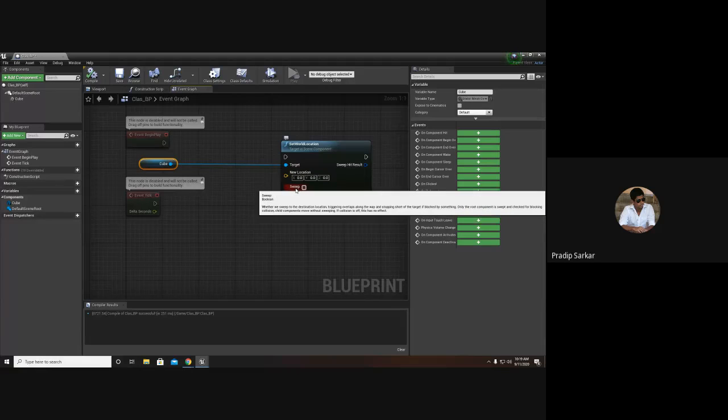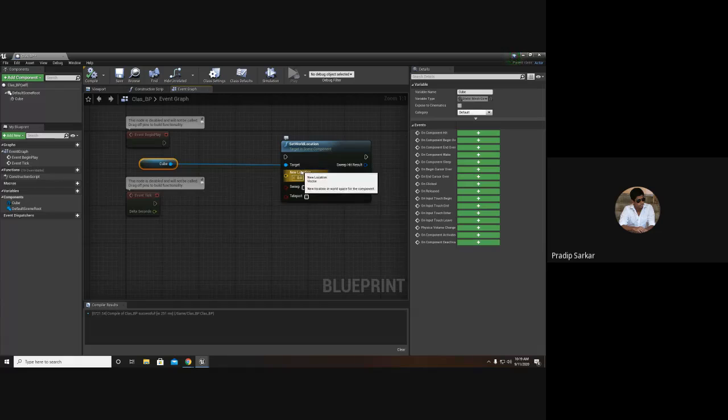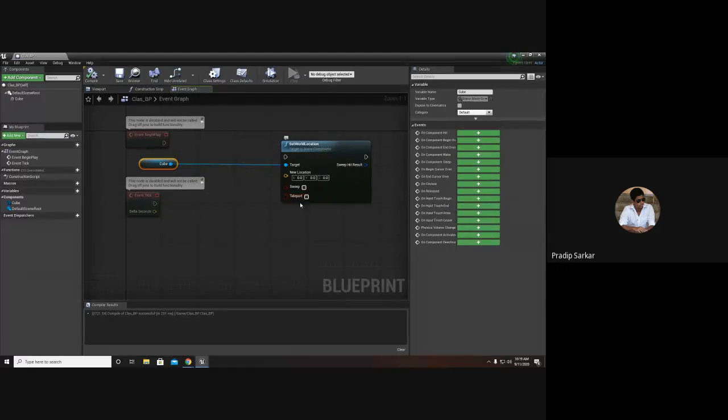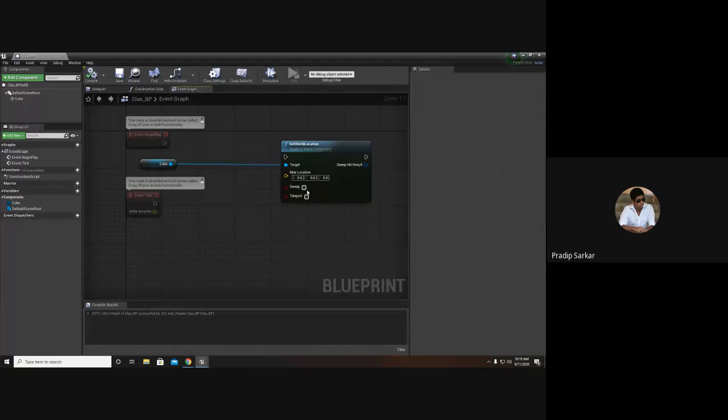Should I sweep from the current place to the destination? This is the destination. And should I teleport from one place to another place? Should I jump directly to that destination? So it is asking for a destination. Where should I go? So we have to specify a certain location for it to go.